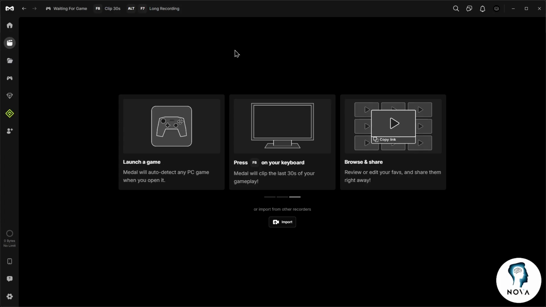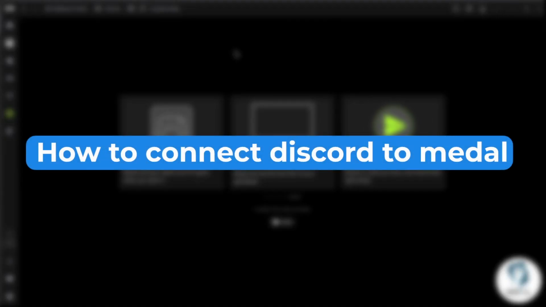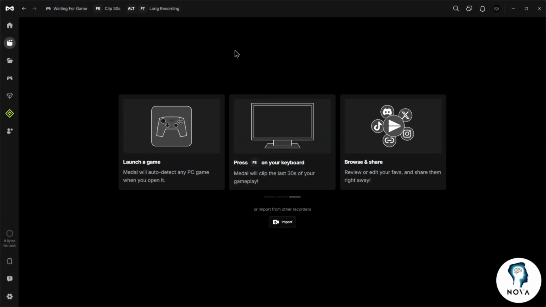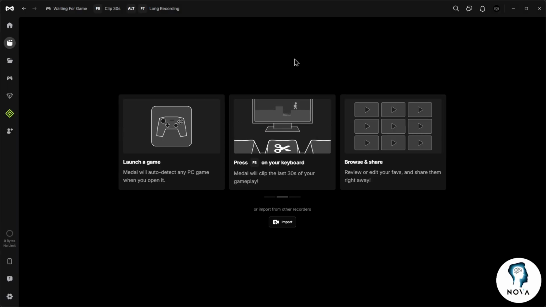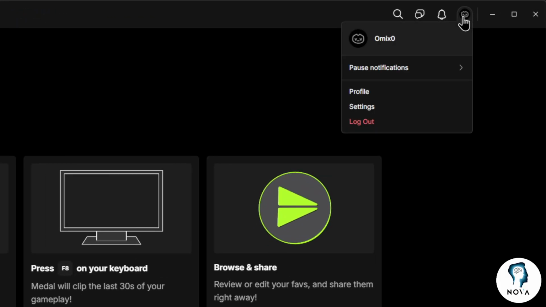In this video, I'm going to show you how to connect Discord to Middle. So the process is easy. Just make sure that you have Middle and Discord both installed and that you are logged in to both accounts. Now, once you are ready, you can just go to Middle, go to the top right